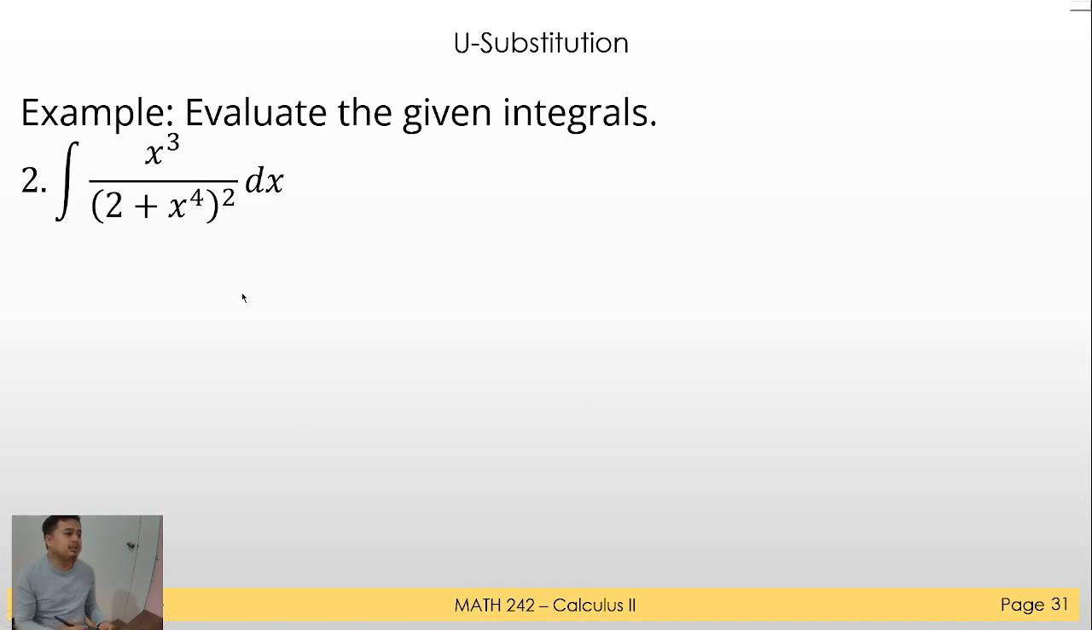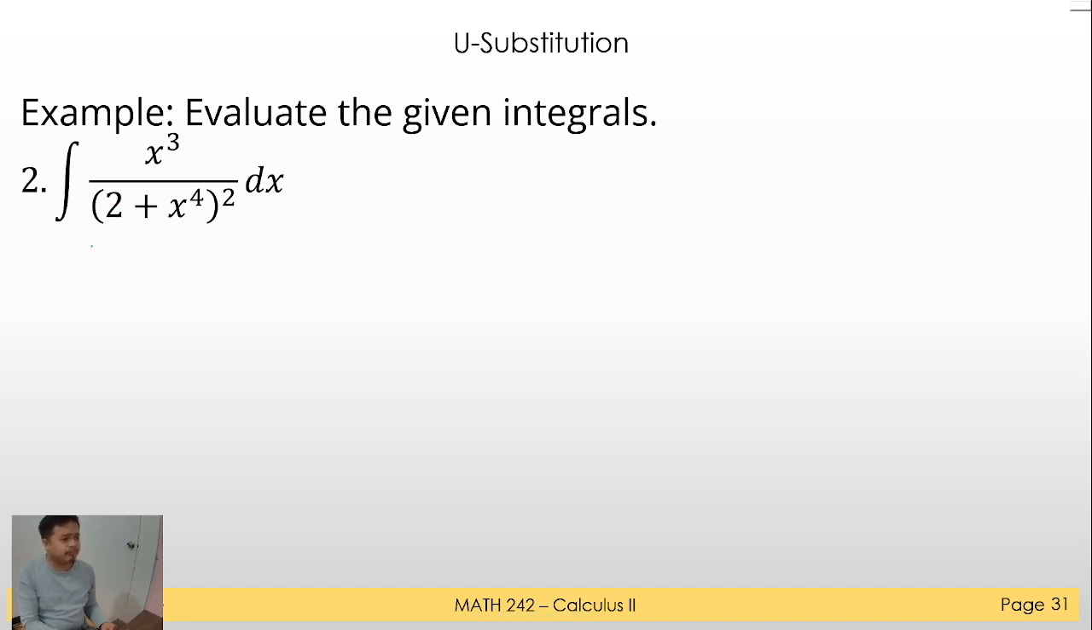Okay, so let's have another one. Alright, so we have this given function. We want to find the integral. Again, if this is your function, it will get confusing, you know? So we have to use a U-substitution. We have to try. There is an element of trial and error in U-substitution. So using our U-substitution,